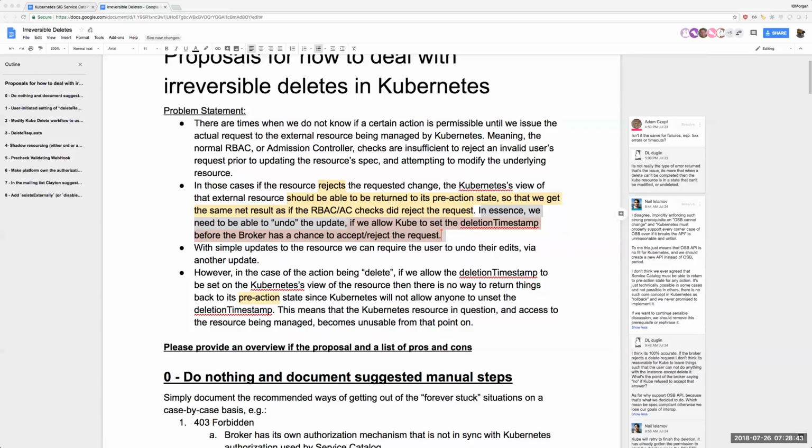It was just saying if we do allow it to set the timestamp, then in essence, conceptually, we're looking to do an undo, but obviously you can't, because that has a whole bunch of negative ramifications. So help me reword that then, if that phrasing is... I think it's, again, already talking about implementation details. It's like, if kube does this, then we need to do that. It's already like